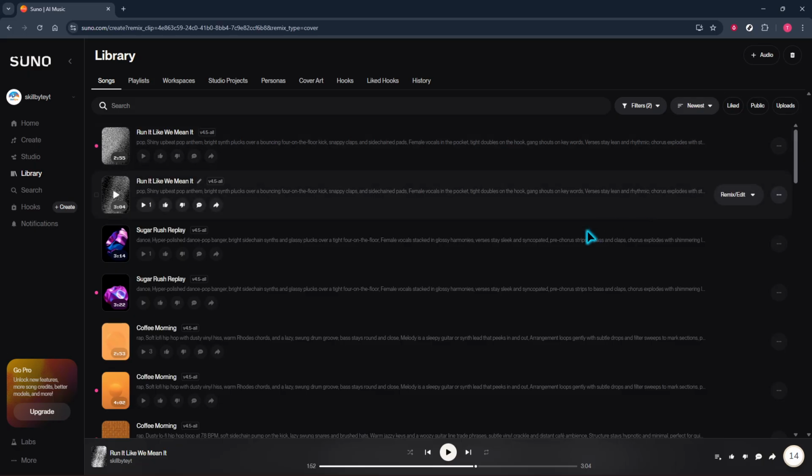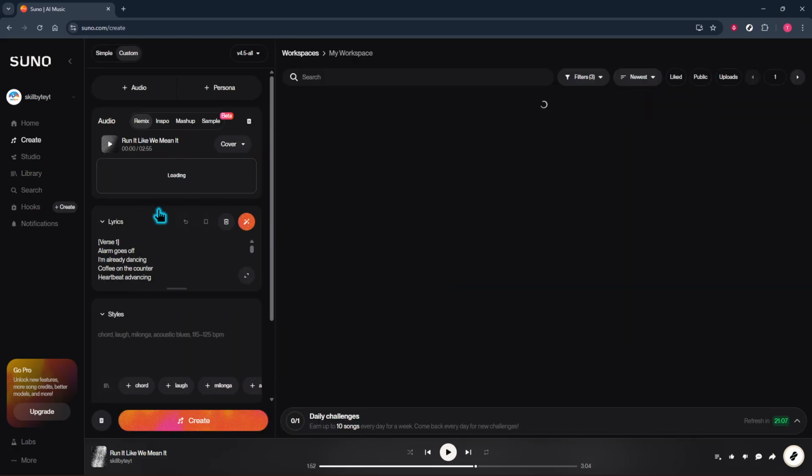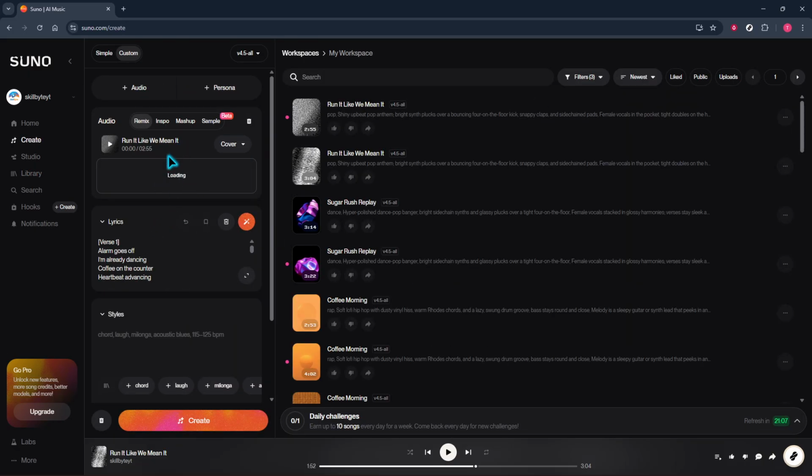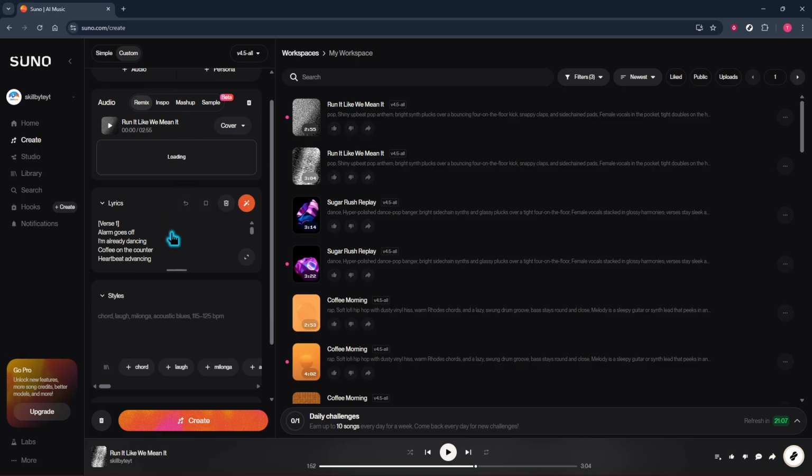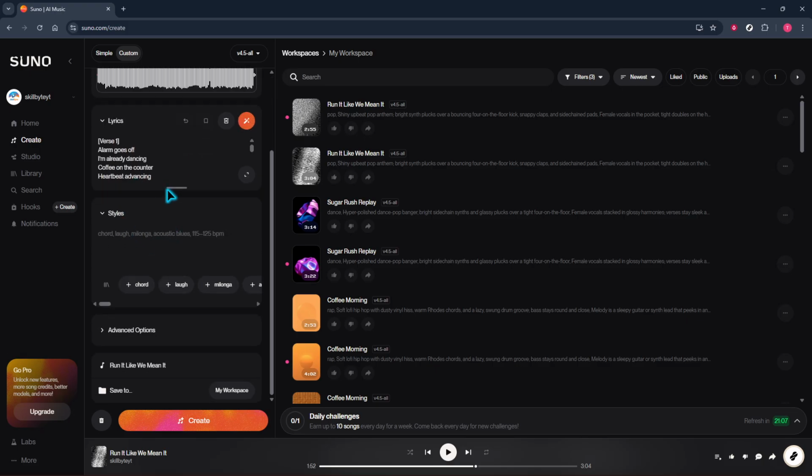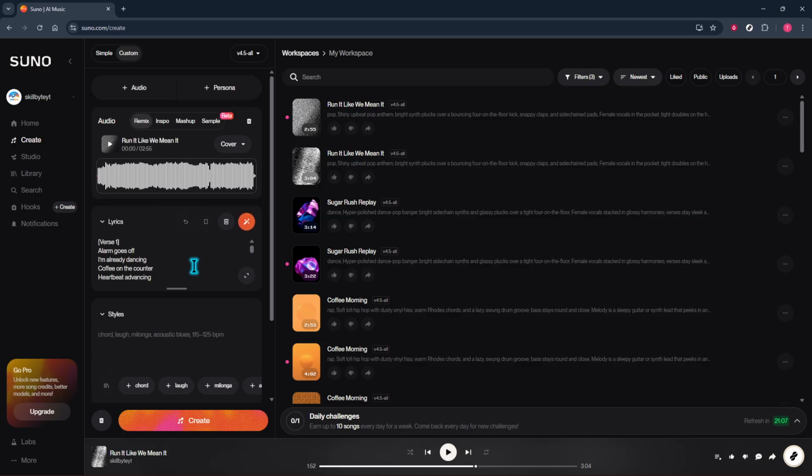Next, choose a new style. In the style prompt, describe the version you want as clearly as you can. You're giving Suno creative direction, like a producer would in a session. Think in terms of mood, instrumentation, tempo, and genre so the model understands your intent. For example, slow emotional piano ballad, cinematic style will push the arrangement towards sparse keys, swelling textures, and a film